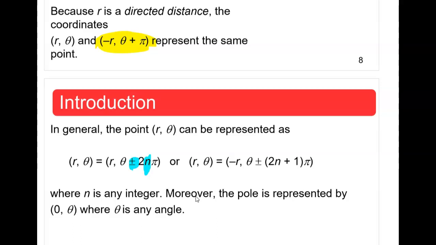Perhaps n is an integer. So n could be positive or negative, and that will be keeping the radius as positive. If you notice, the radius is positive in both. So the other way will be to start with a positive radius and then turn it into a negative radius. And when that happens, you will be adding or subtracting